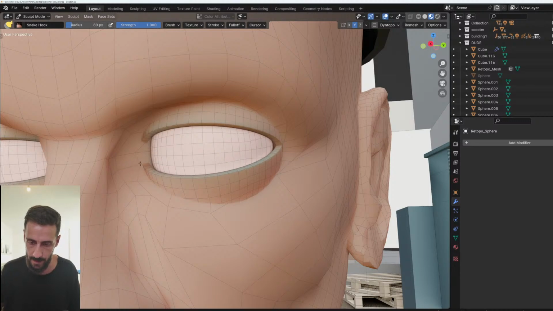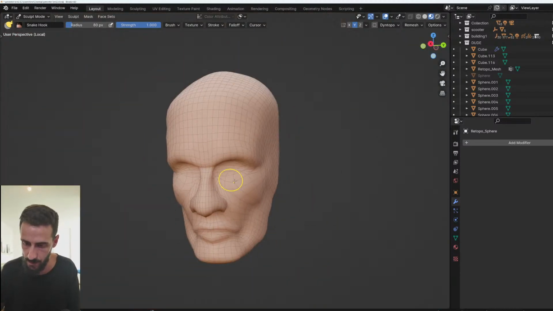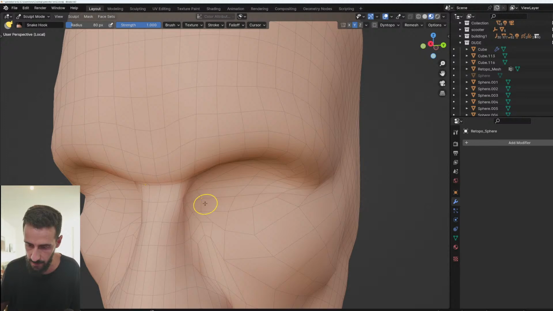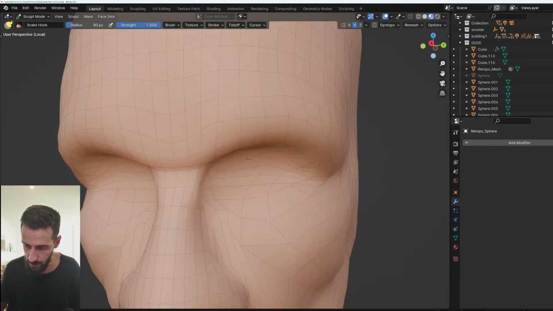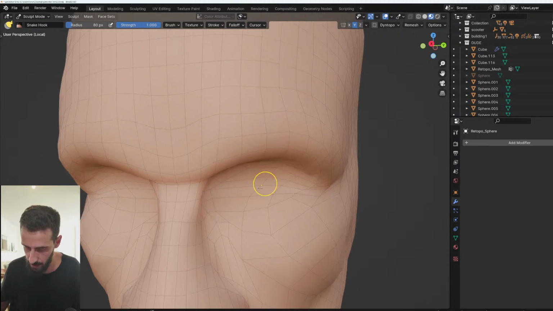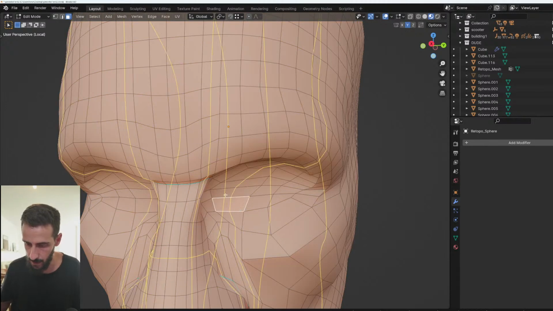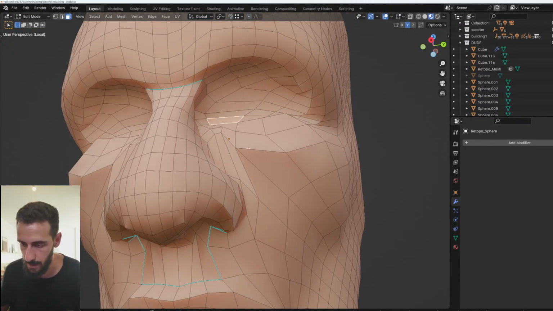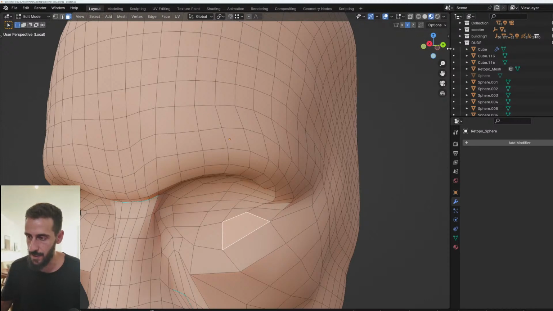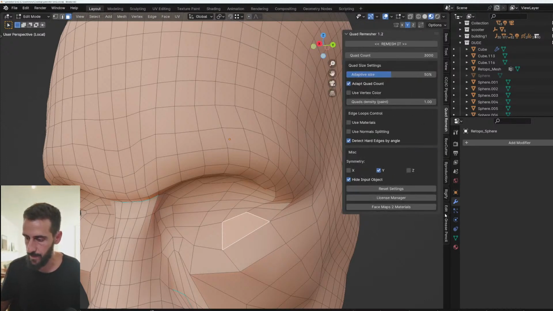But we don't have enough geometry for it, so I'm going to try to use whatever I have right now, and probably we can add some more things. What happens if we just go to edit mode and try to loop here? We can't. You can see. So this quad remesh plugin is good for quick editing, but